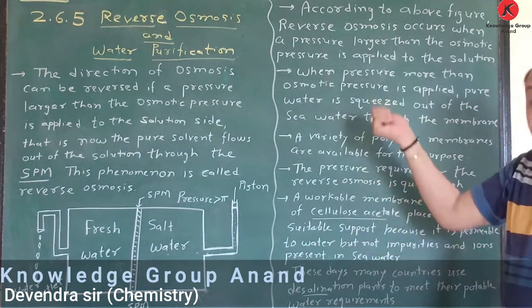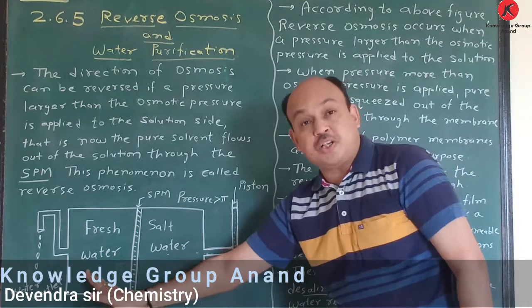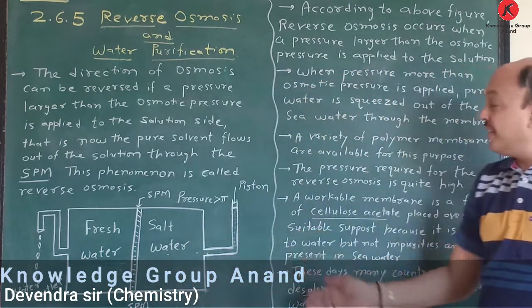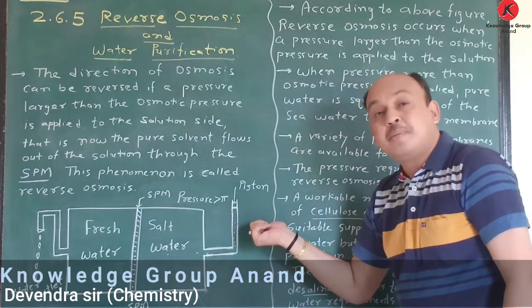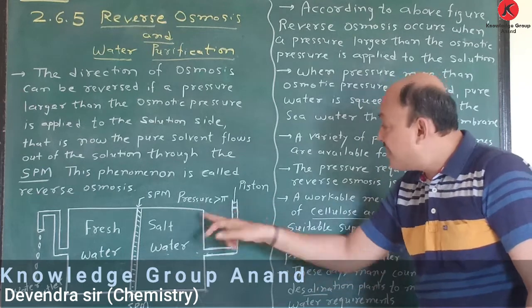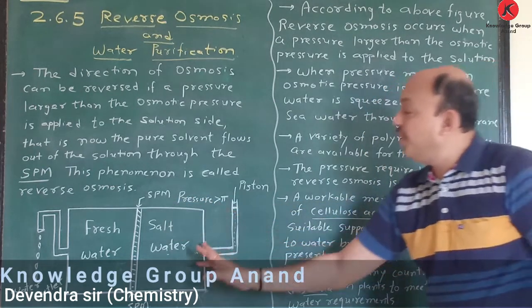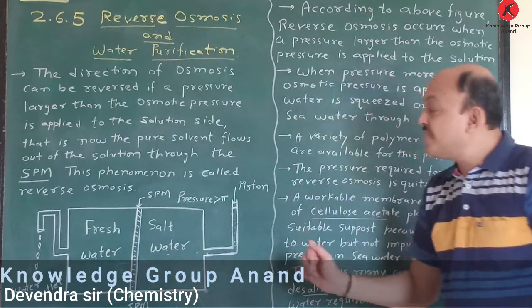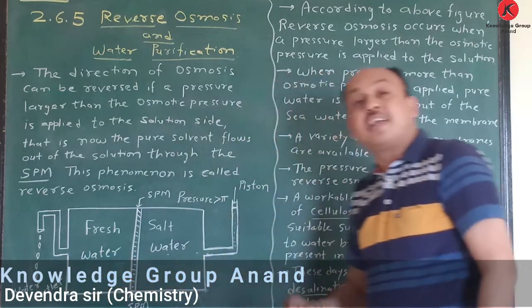Here we have to draw attention only to the solution, that is, salt water and fresh water, and due to that we neglected certain other points. But the main points here are increasing pressure, pressure greater than the osmotic pressure, and that's why we obtain solvent, which is considered as water, and this water is drinkable.